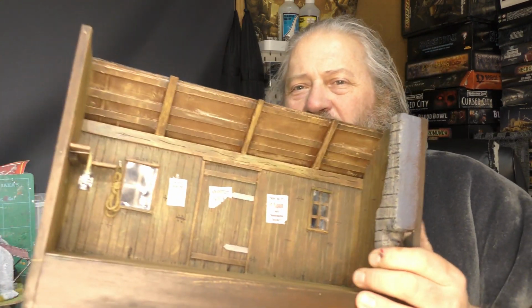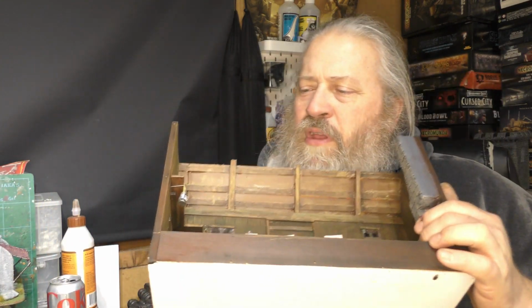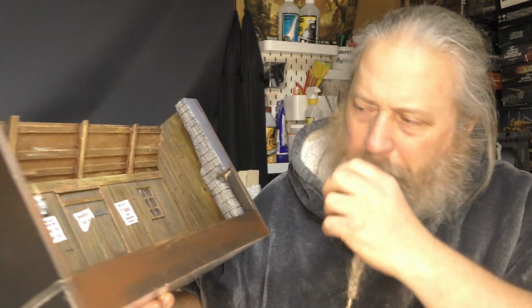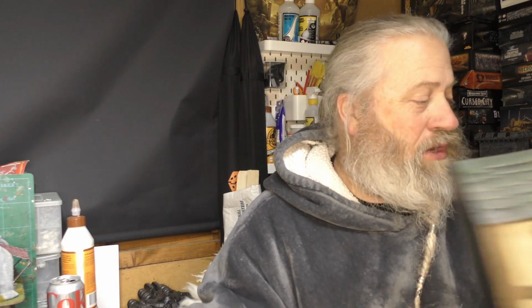Hurrah! I've started to stick bits in now. Look, there I've stuck my posters in. I've stuck a lantern hanging on a hook and a lump of rope over there by the window. I'm going to start adding things now, because then I'll be able to work out how many other things I need to